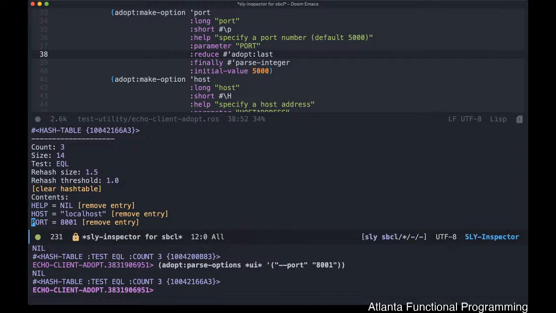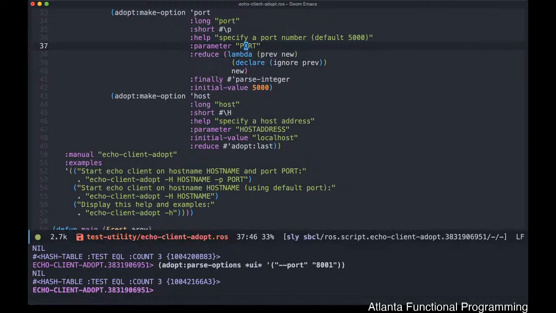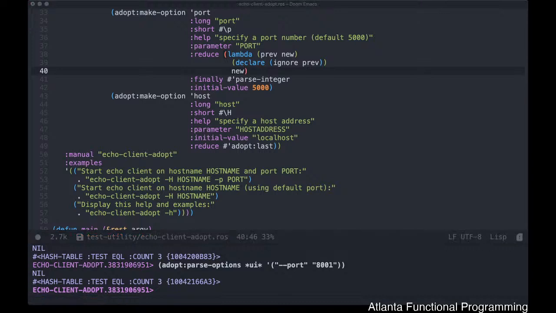But if you want additional validation inside, let's say that you want to do a type check here and verify that the type of what's being passed in is of type integer or something. You could certainly do that, and it'll give you some ability to do some additional validation prior to a final parse of the value that's being passed in. So the adopt library gives you a lot of flexibility on how you would interact with and deal with different types of options depending upon the types that you're dealing with. Okay, and it allows you to make a fairly complicated